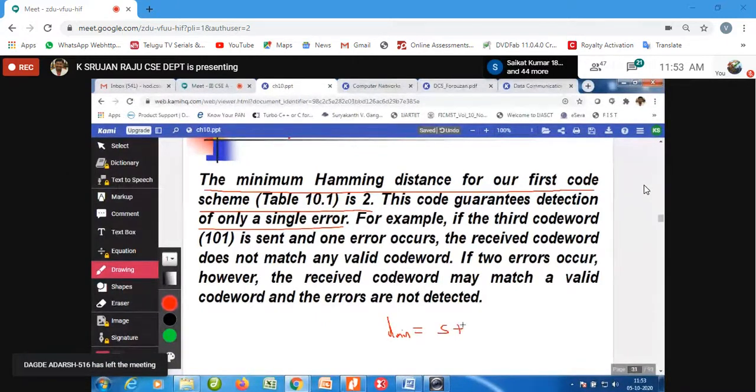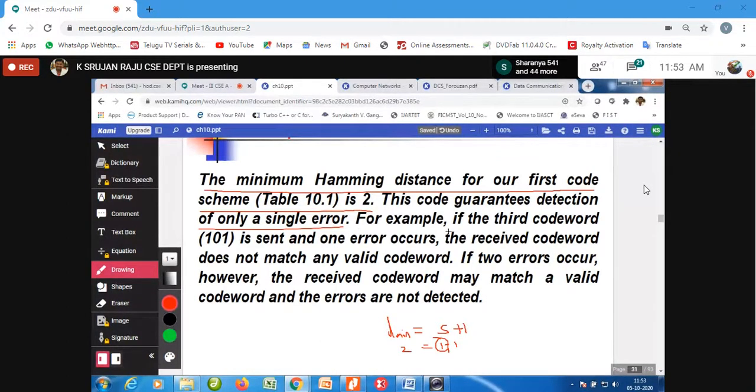Here d min is 2, so s is 1, and 1 plus 1 is 2.